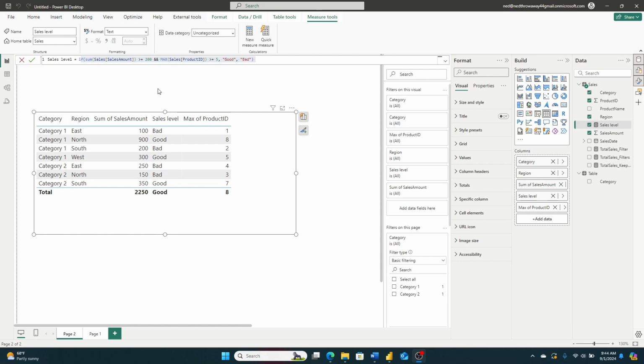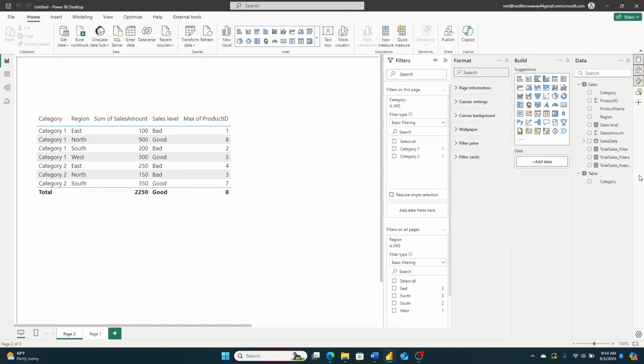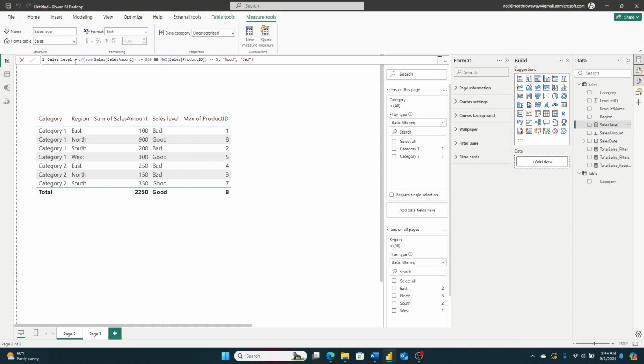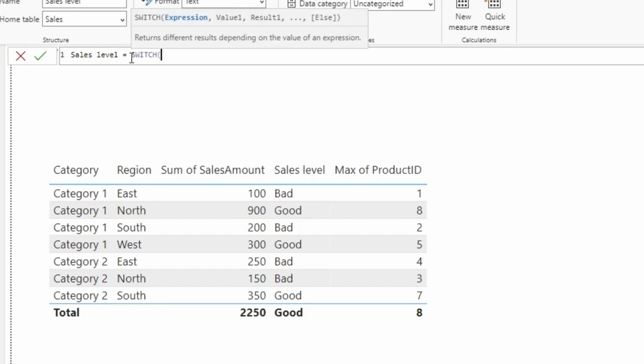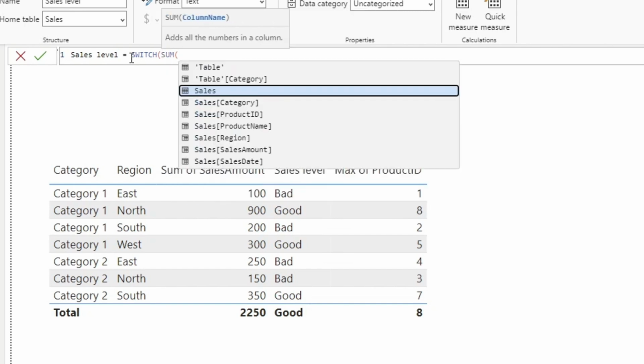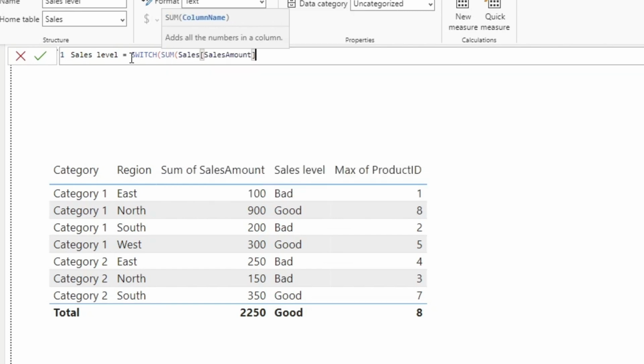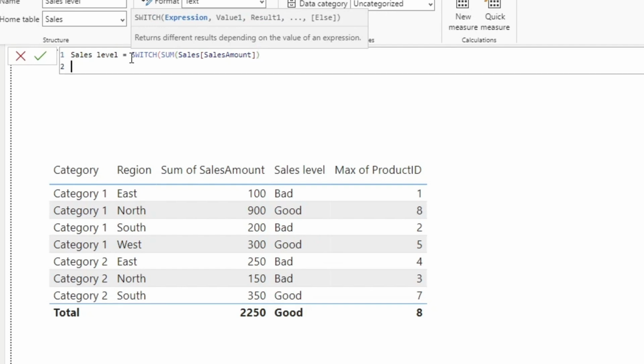In my previous video, I had an if statement here for sales level, and we're going to replace this with a switch. A switch allows you to evaluate multiple logical conditions, and the first one that comes true, it essentially returns that value. So if I type switch and give it the expression of sum of sales amount, and then I go, it's, let's see,